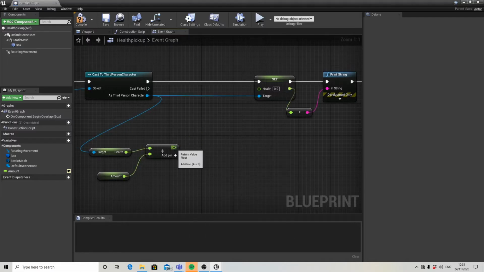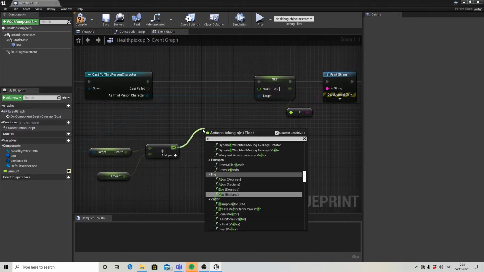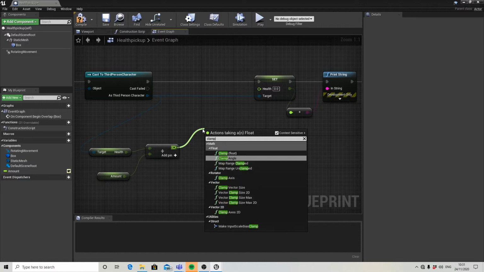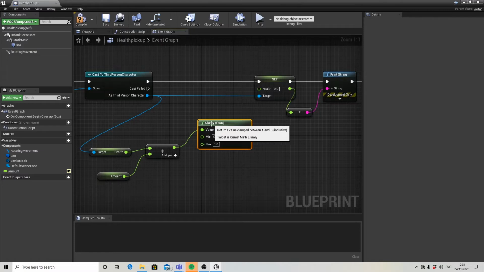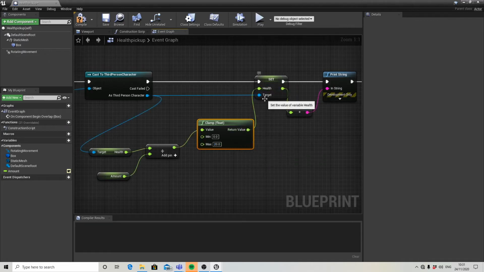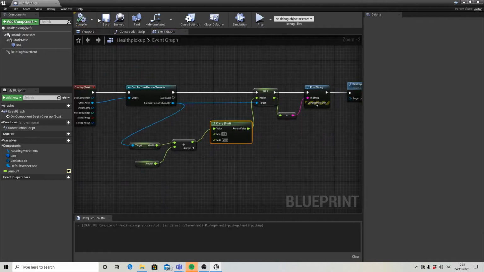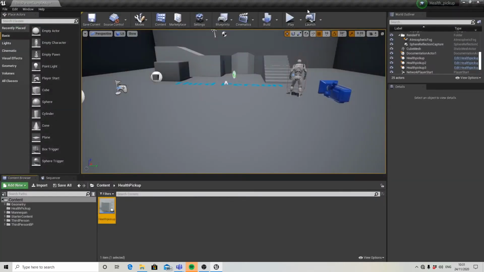If we drag off here, search for clamp, and it's clamp float. We want our minimum to be 0, and we want our max to be the same as our character's health. So change this to 20, and just hook it up, compile and save. Now if we play test,